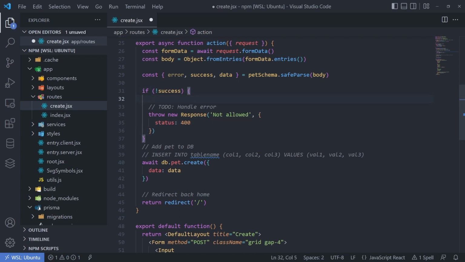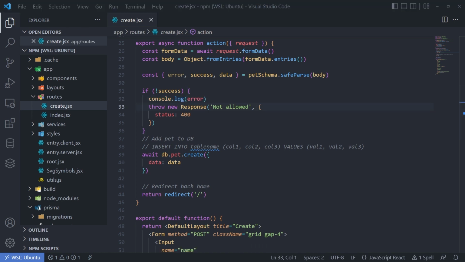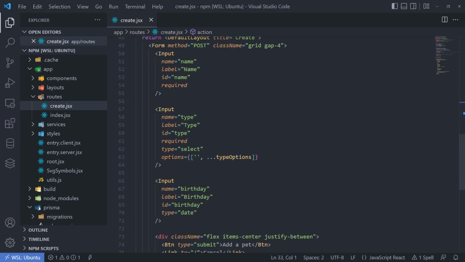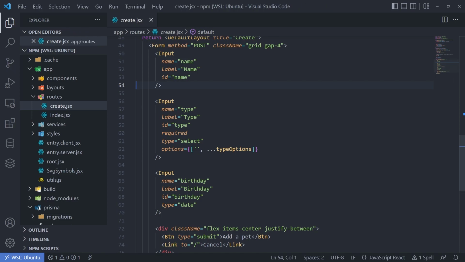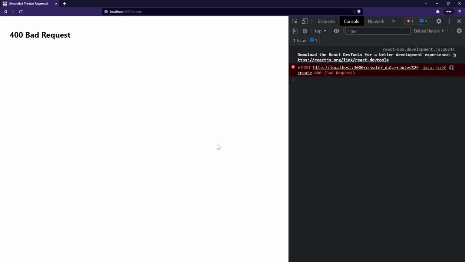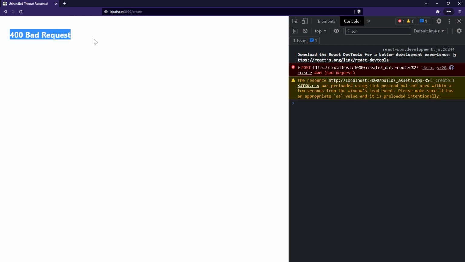And for now, let's also go ahead and console log that error object. Okay, so we'll save that. And just to make my life easier, I'm also going to go and make this input not required. So we can actually go ahead and submit that. And then we're going to get this error, Bad Request. So it's pretty handy that Remix handles this for us. As long as we return a Response object and we give that status code, it's going to give this response